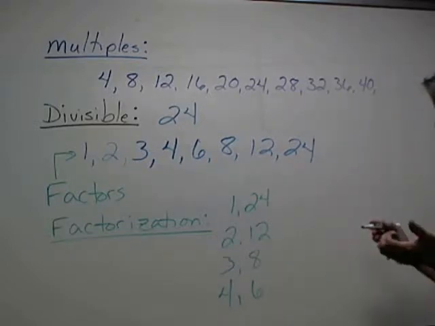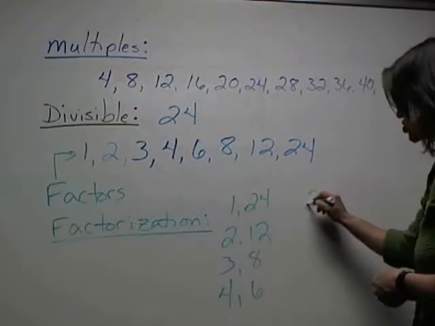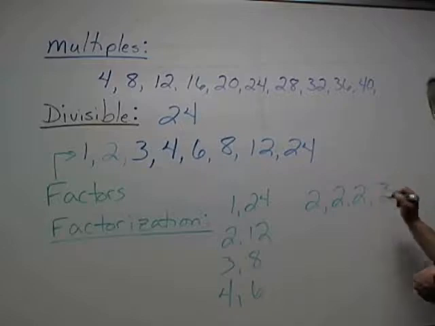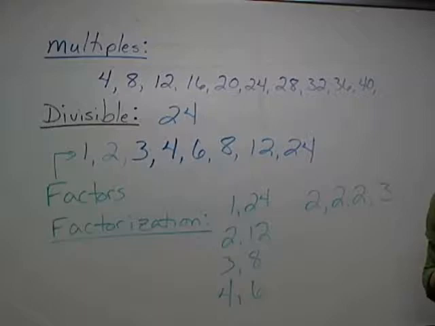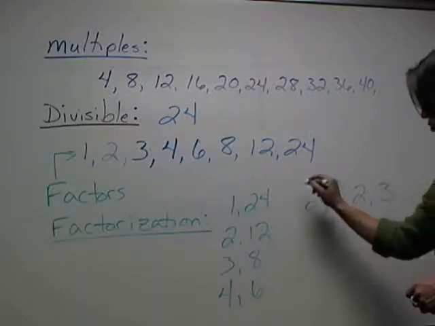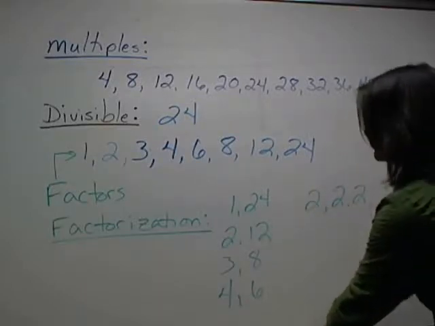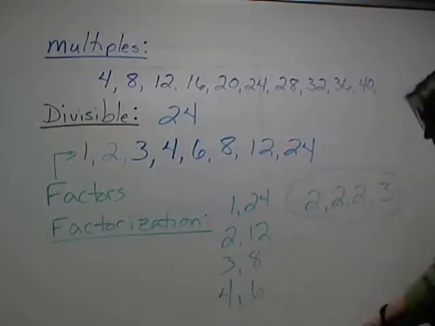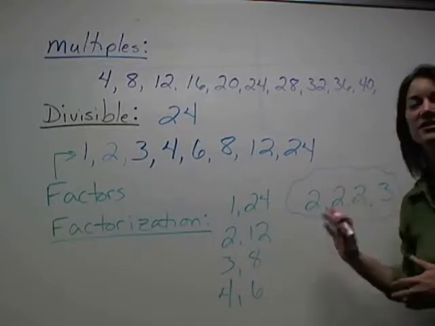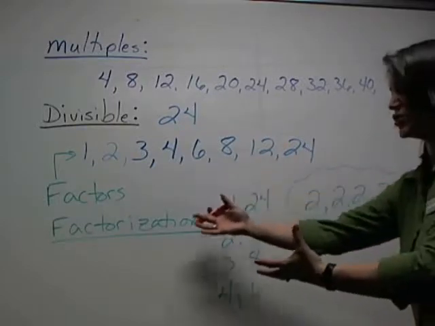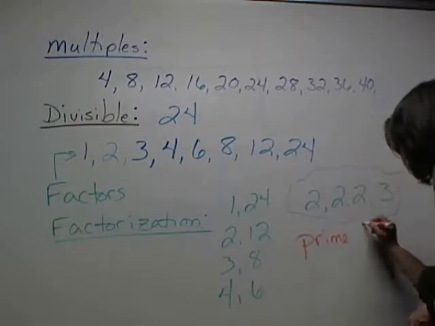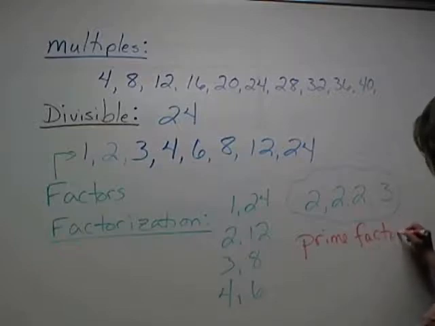How about 2 times 2 times 2 times 3? That's a factorization also. It's a special one. What is this one called? This is the key part of factorizations. This is called prime factorization. This is the prime factorization